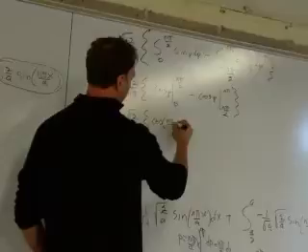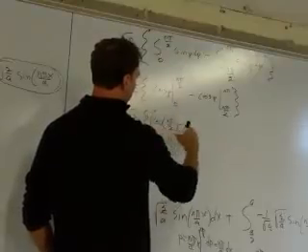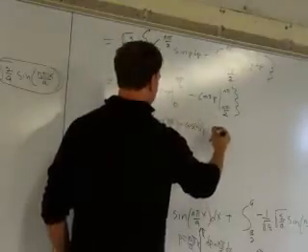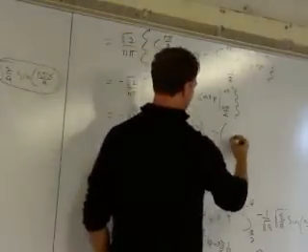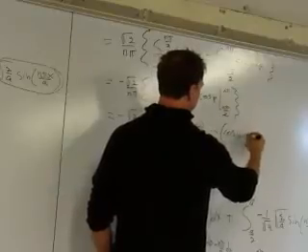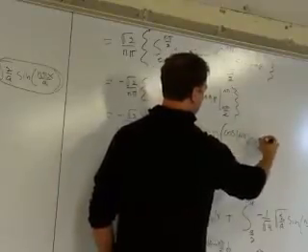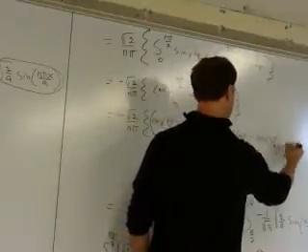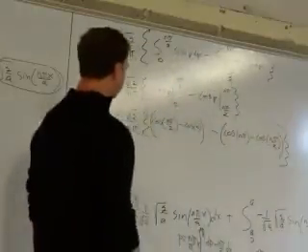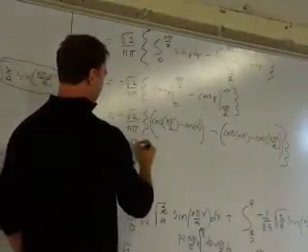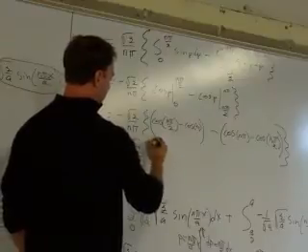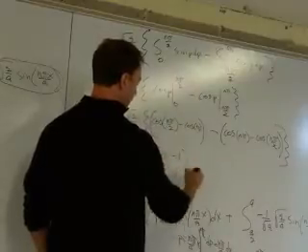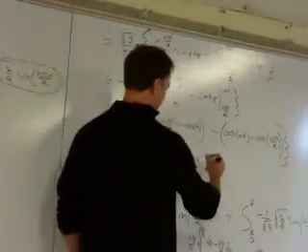Cosine of n pi over 2 minus, in brackets, cosine of 0, brackets, minus, brackets, cosine of n pi minus cosine of n pi over 2, brackets, curly brackets. So this equals minus radical 2 over n pi, and then curly brackets. This is going to be 0 minus 1, and then this is going to be minus,